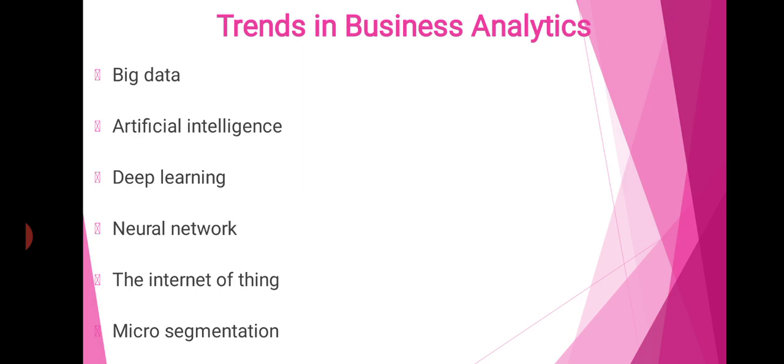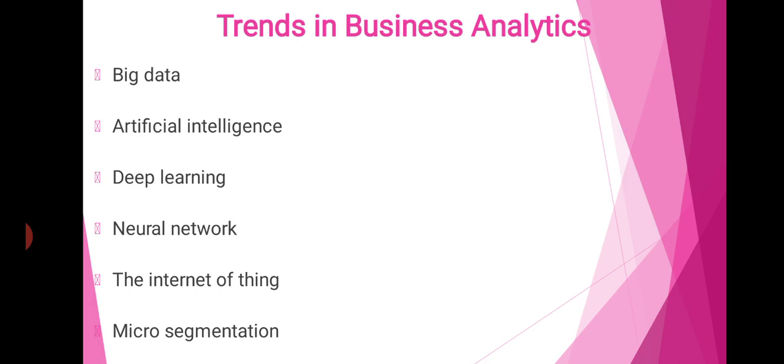The next is deep learning. Deep learning comes from machine learning. Deep learning leverages the advantages of vast computing power to manage enormous data sets, or huge volumes of data sets, identifying patterns and delivering predictive results that were formerly impossible. It means large volumes of data can be analyzed. Okay, the next, neural network.